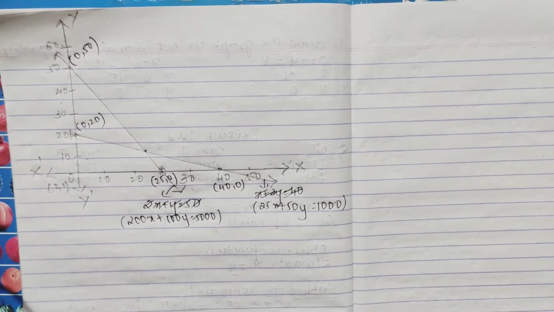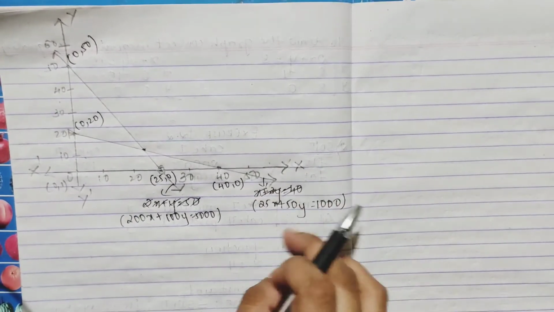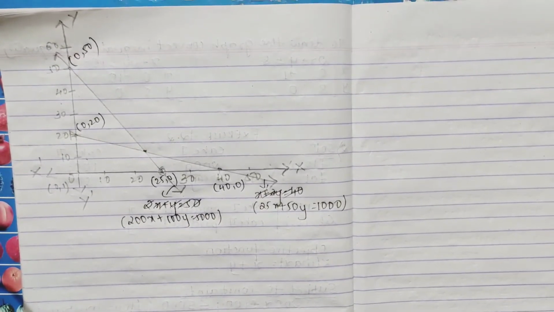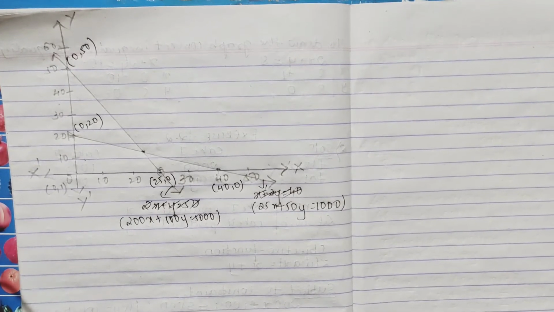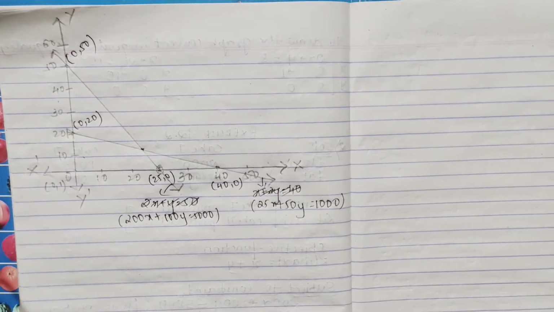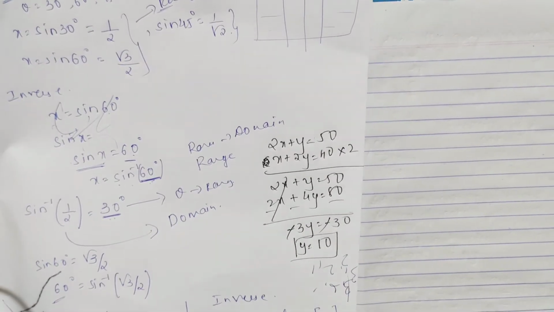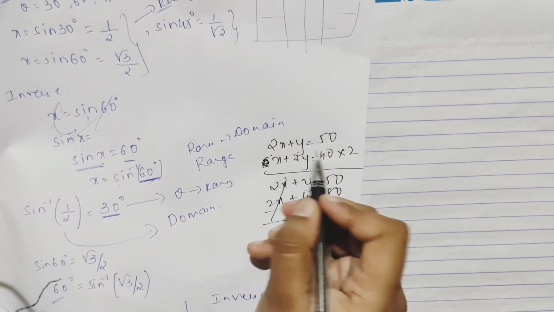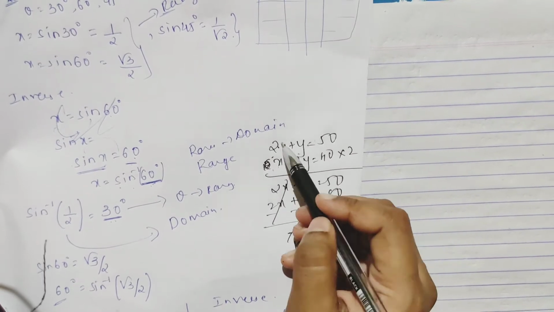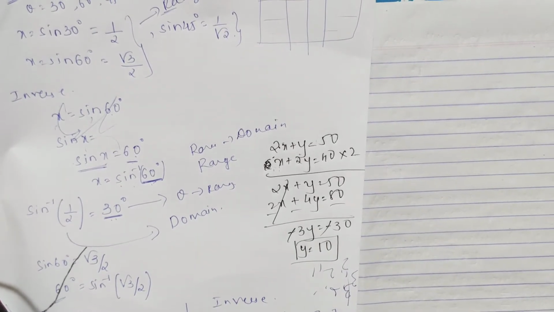Now you have to find your intersection point. As I have said, either do the substitution method, like find x from here and put it in this, or the elimination method. Either of them, however you do, you will get the intersection point only. So I have applied my elimination method. For this I am taking 2x plus y is equal to 50 and x plus 2y is equal to 40. To make the x coefficients equal, you have to multiply by 2. I am multiplying equation 2 because I am eliminating x.